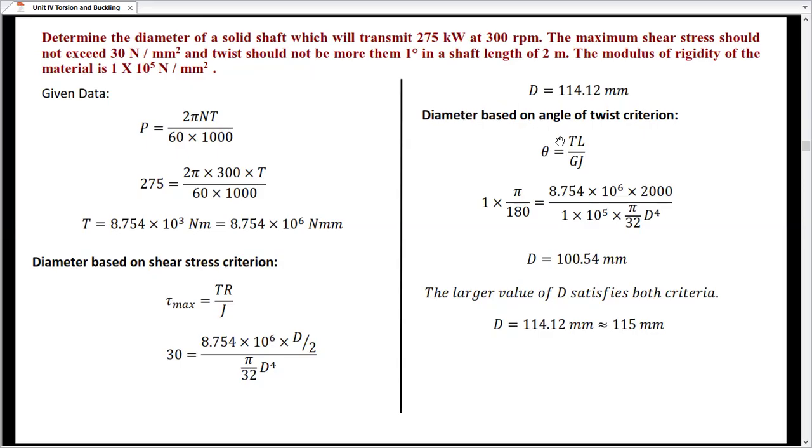Now look at the value of theta. Theta we have 1 degree. Take that value in radian: 1 into pi by 180. So theta is equal to torque into length upon modulus of rigidity into polar moment of inertia, that is G